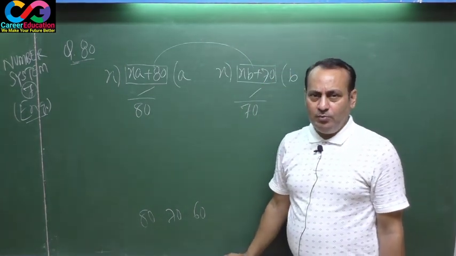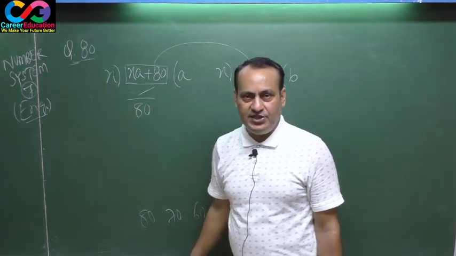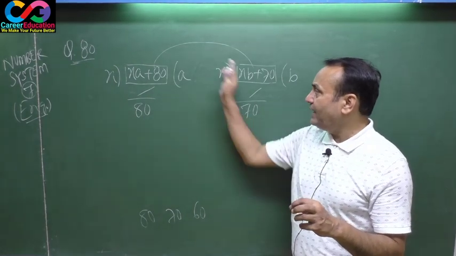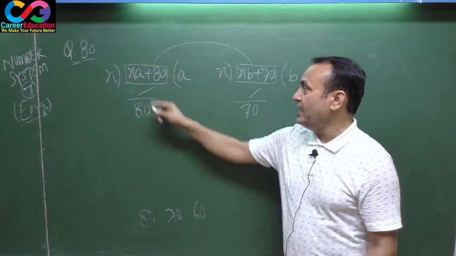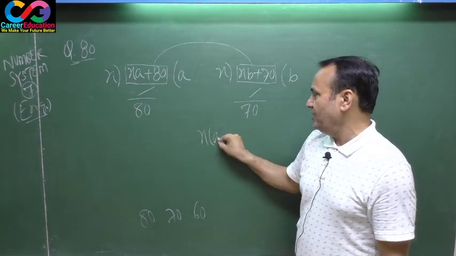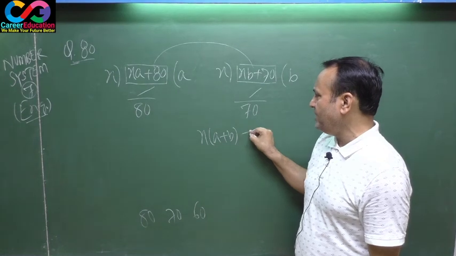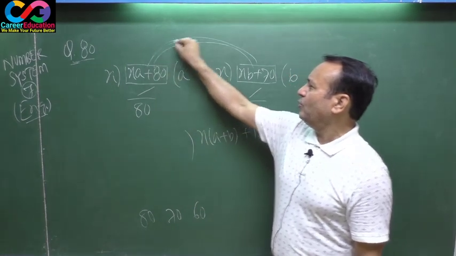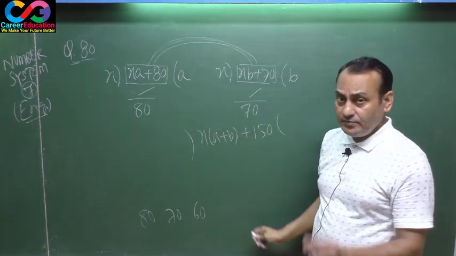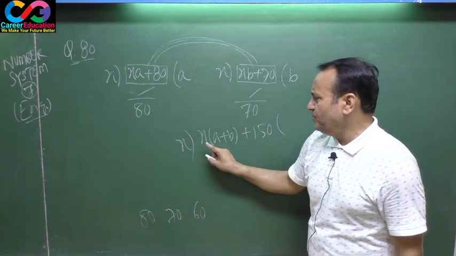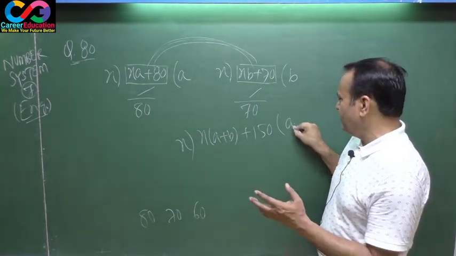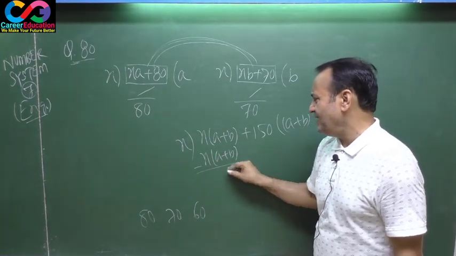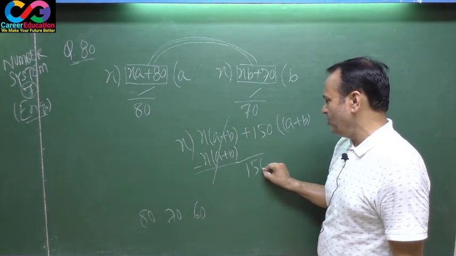That means you got both the numbers here. The first number was xa plus 80 and the other number was xb plus 70. The question says add these two numbers. You are going to add xa and xb. If we add, it becomes x common, a plus b, and 80 plus 70, this is 150. I added both the numbers here. The result is this one. The question says this must be divided by x. If you divide this by x, the quotient will be a plus b, the x will be cancelled, and see here, 150 dropped here.